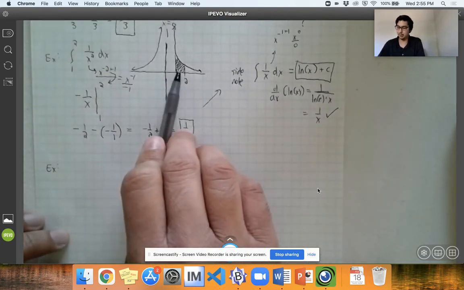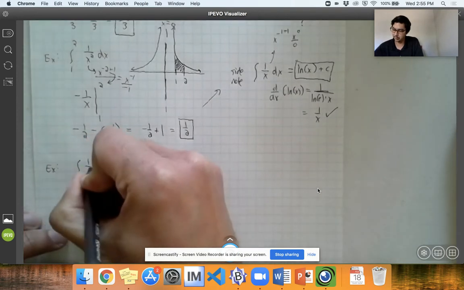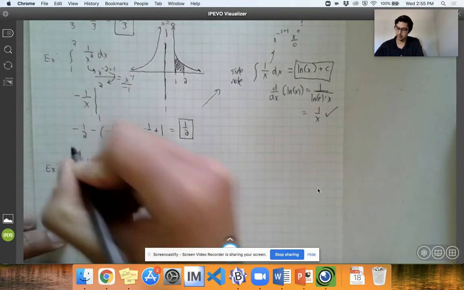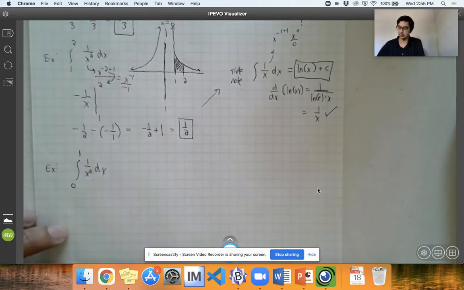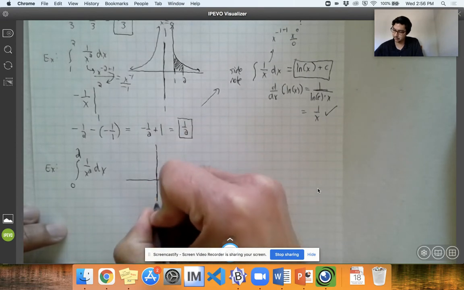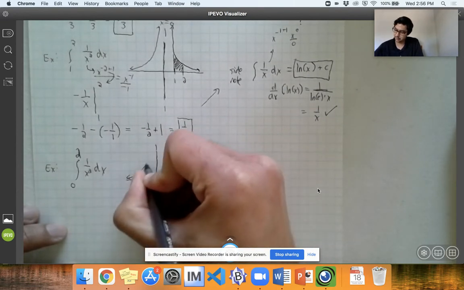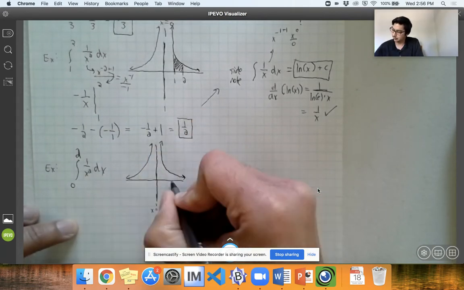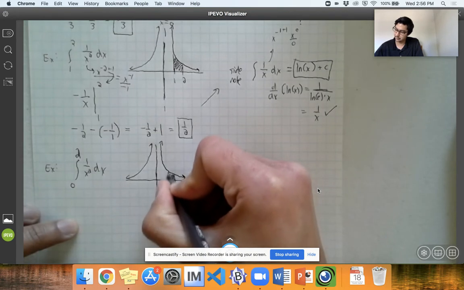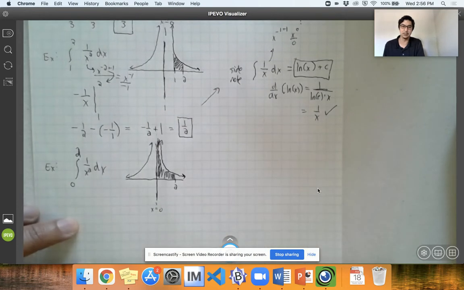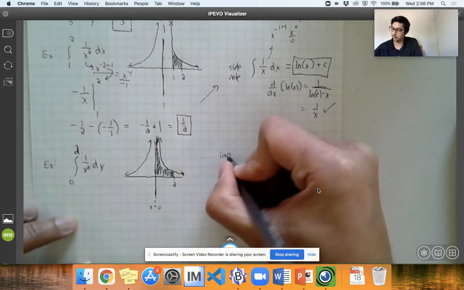We're going to do this same problem of the function 1 over x squared dx, but instead of going from 1 to 2, let's go from 0 to 2. Now what we're doing, if you look at this visual picture, is you have your asymptote at 0. The function looks something like that as it approaches the asymptote at 0. From 0 to 2, notice that the area under the curve is getting infinitely large because, again, it's an asymptote. So that is what we call an improper integral,